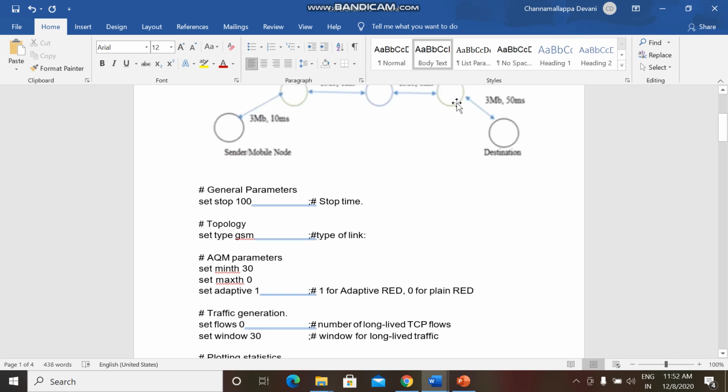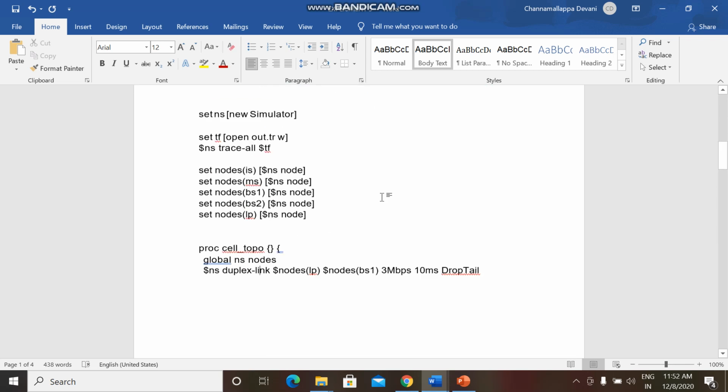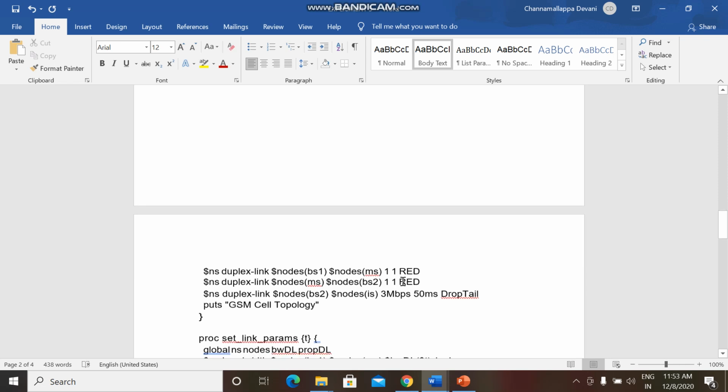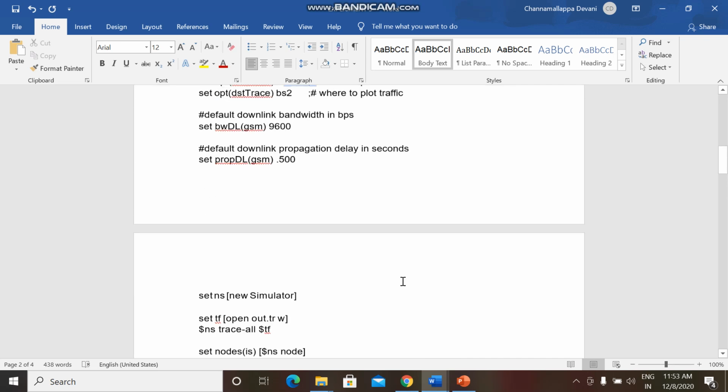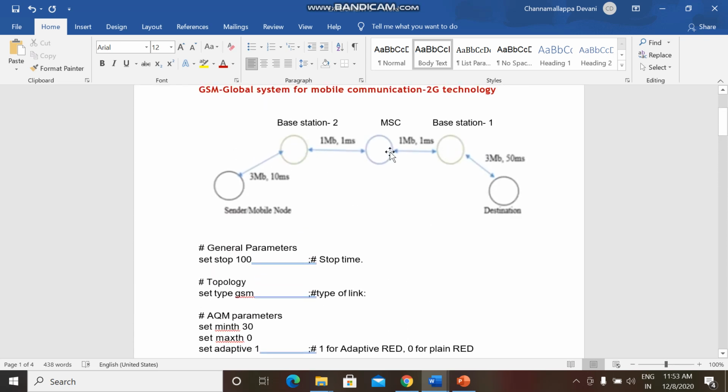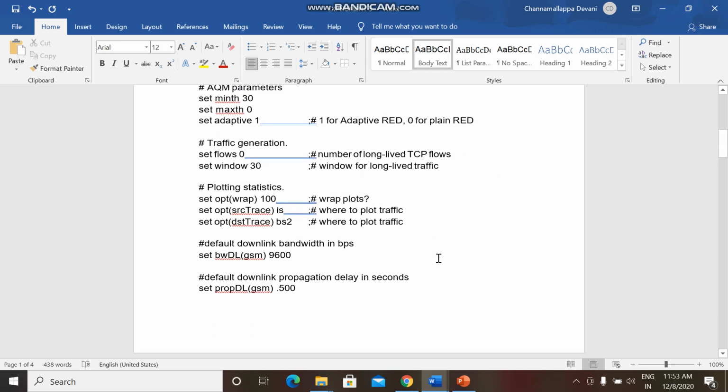Next step is to set a duplex link between base station 1 and mobile switching center, with bandwidth, delay, and the queuing technique that we are using is random early detection. That is between the base station and mobile switching center we use random early detection. Between the mobile node and the base station we use drop tail.